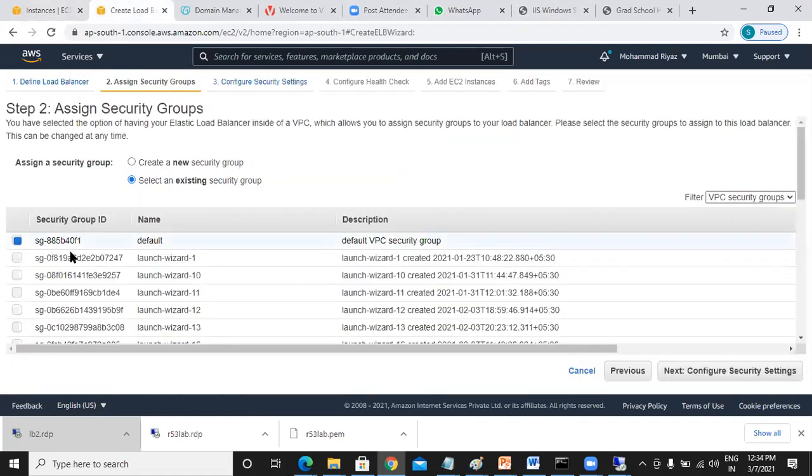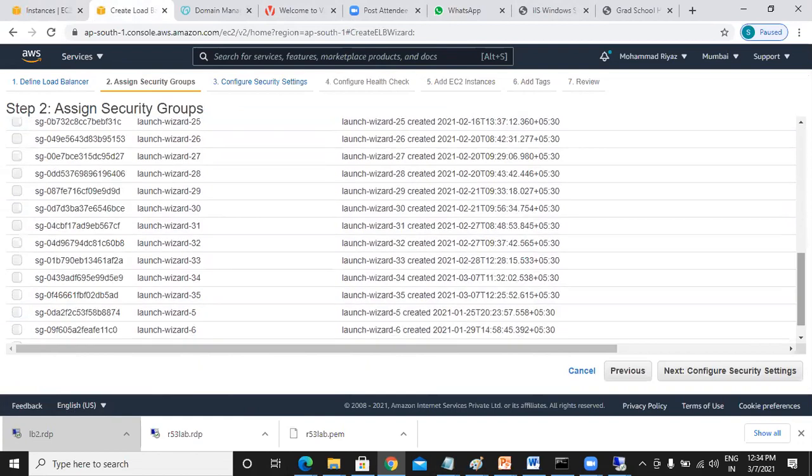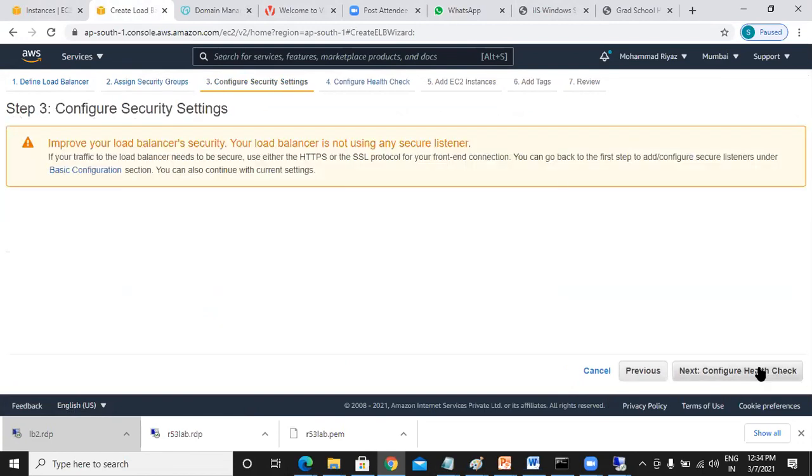I go here, uncheck, scroll down. These are the two security groups which are used by those load balancers, that is, by the instances.